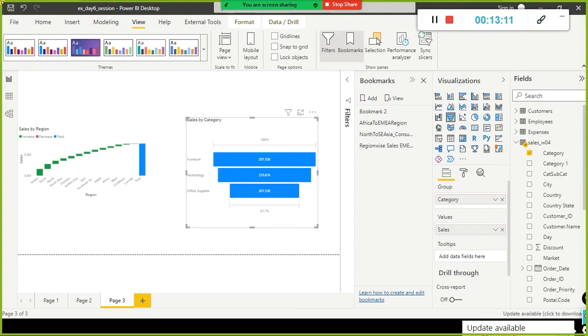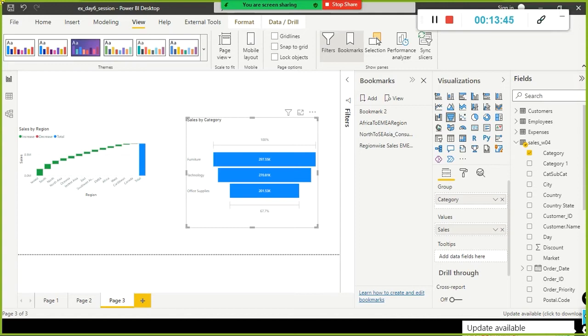In that kind of situation, it helps us to understand where the bottleneck is. The customer selected the product, and while checking out, they are not doing checkout, instead they are simply adding. So where is the problem, why are they not checking out? Is it due to some connection issue or server related issue? For those kinds of analysis you can use a funnel chart. So hope you understood when to use a funnel chart, what is a funnel chart, what is a waterfall chart, and the next one